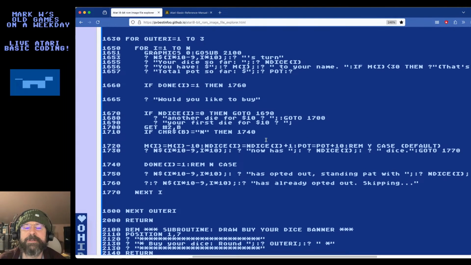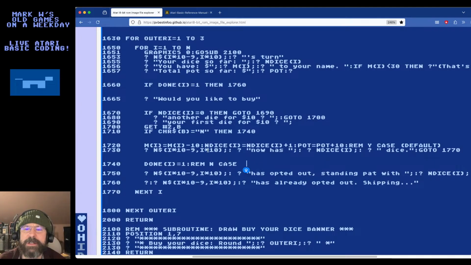But now what I kept saying we wanted was the message that says we now have so many dice. That will pause for a moment. And also, I kind of want to draw on the next screen. So how do I do that? It shouldn't be hard. I guess I could just do this, which should say go to the next line. Yeah, that should do it, I think.